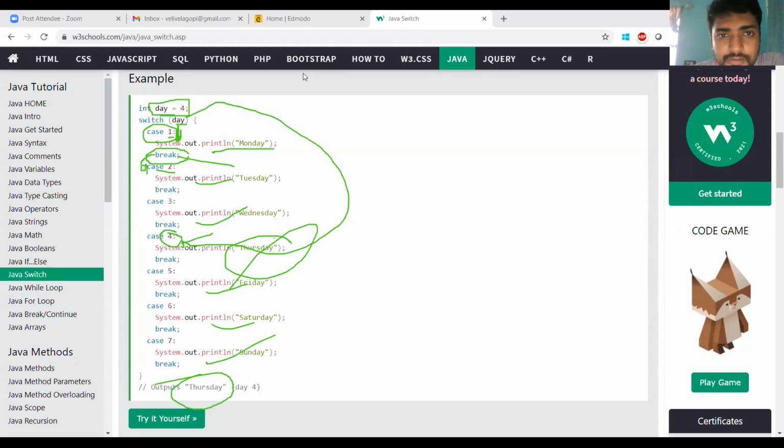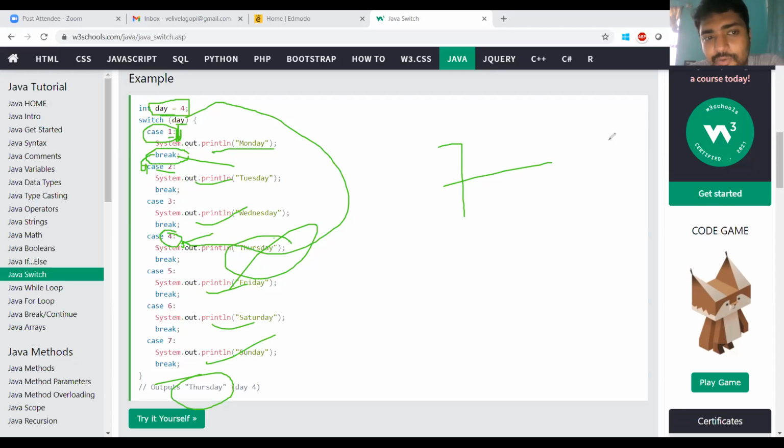Here we have so many cases, 7 choices. We can write the same with an if else statement, an else if ladder. If the day is equal to 1, then print Monday.